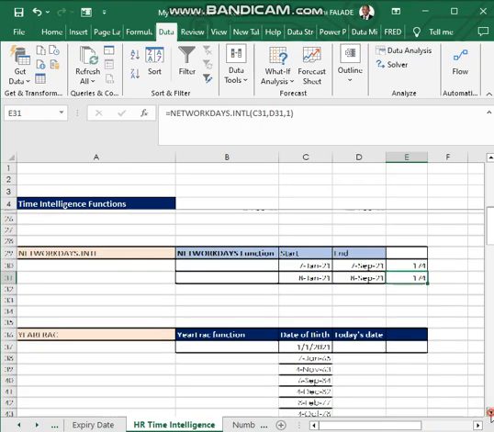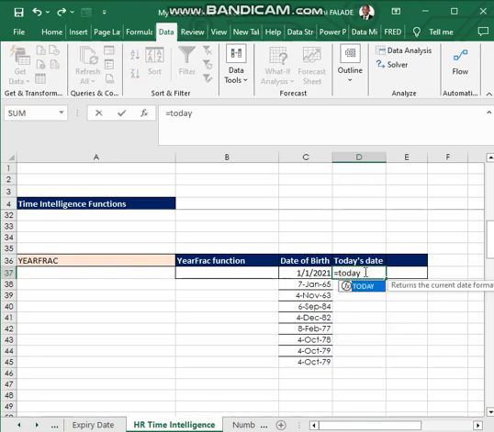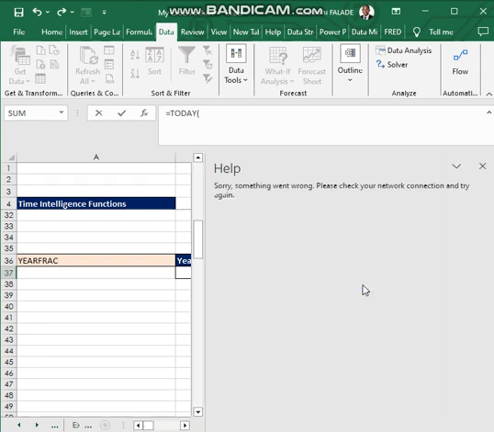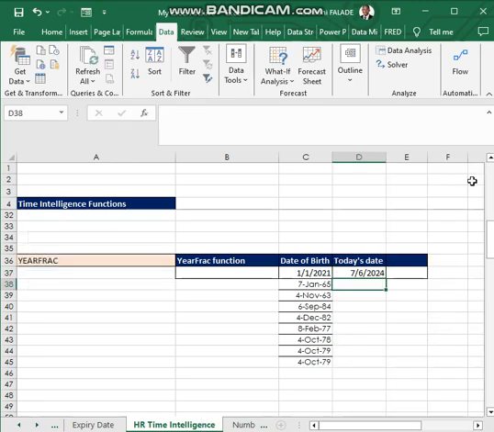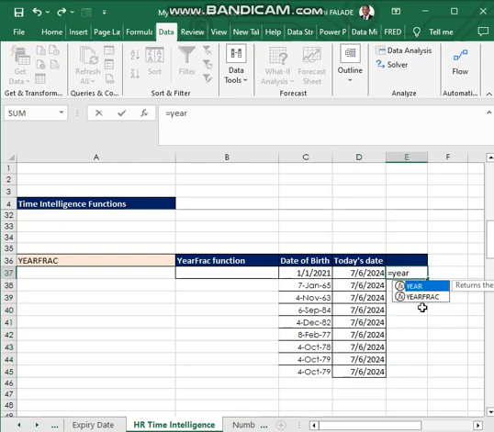We also have the year frac. What do we use the year frac for? The year frac is to be able to determine our date of birth. So let me use today's date as a criteria. Okay, and once I use it as a criteria, I will drag it down, and for me to use the year frac, I will just use equals year frac. You can see the start date, comma, the end date, comma,